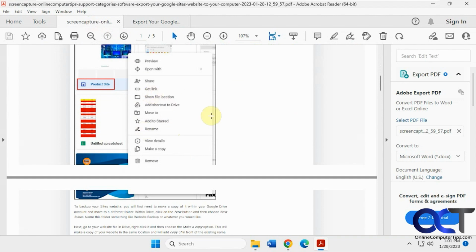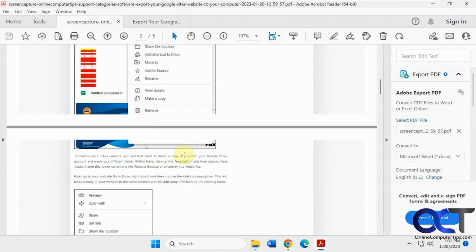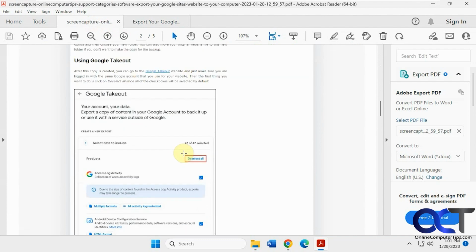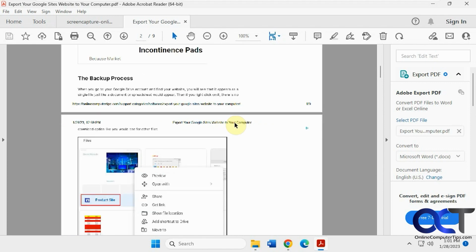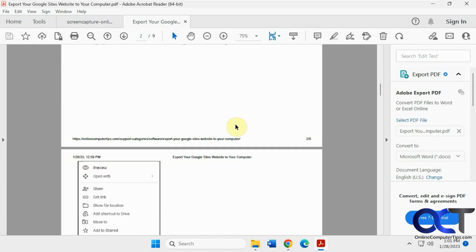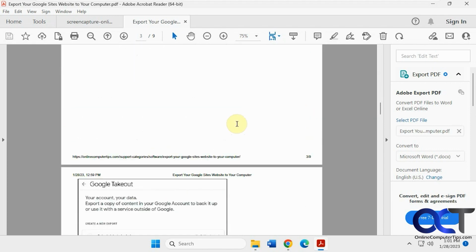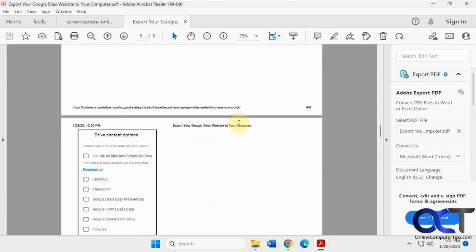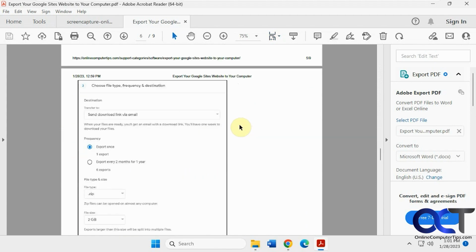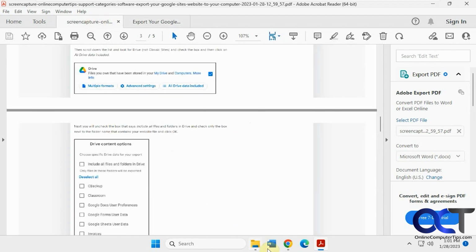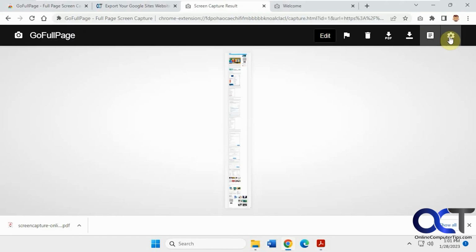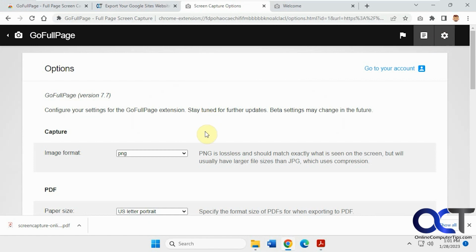But you can see this extension will cut off the pages too, because it just does one page at a time here. So that's one thing you got to look out for. With this one, it actually did a better job of keeping things separated. So a trade-off there. And when you go back to the options here, or the settings, you could change your